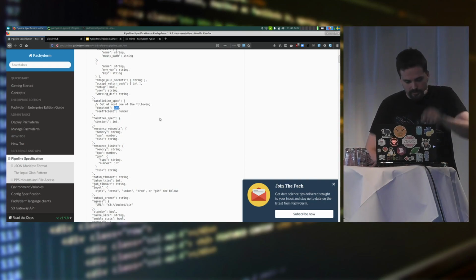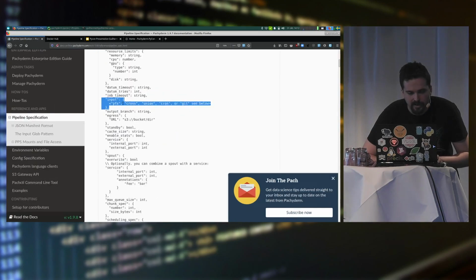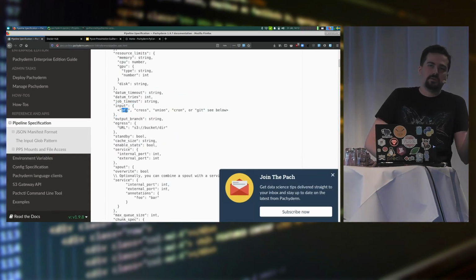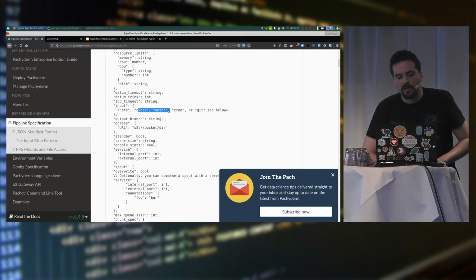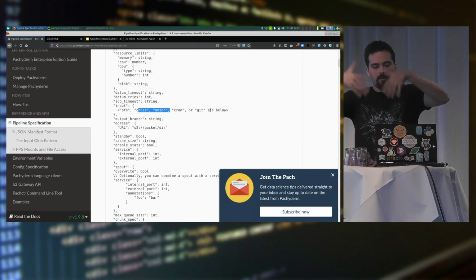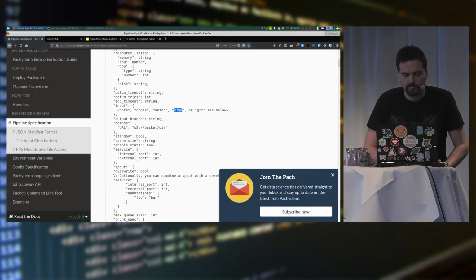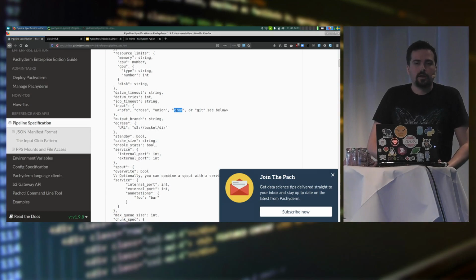But specifically to your question, we have these kinds of input here. We have PFS, which is the more basic one I was using. We have cross and union, which essentially allow you to combine different repositories as input, and you have cron. I think you can use the cron syntax and maybe the rate syntax, but yeah, you can do that.